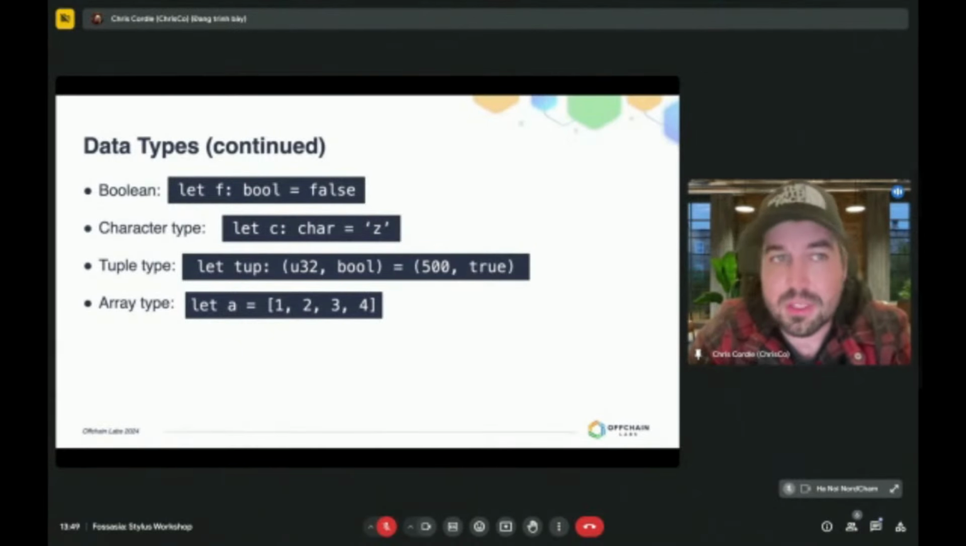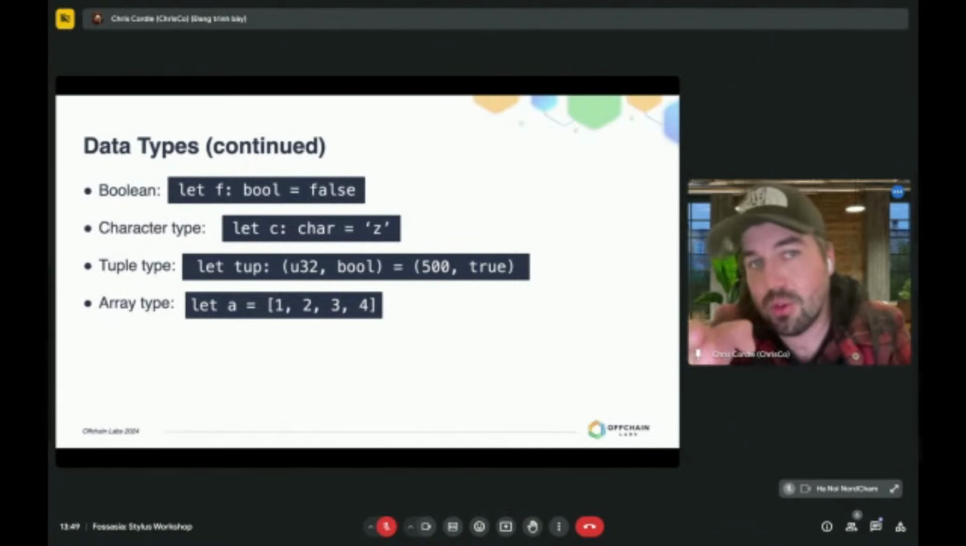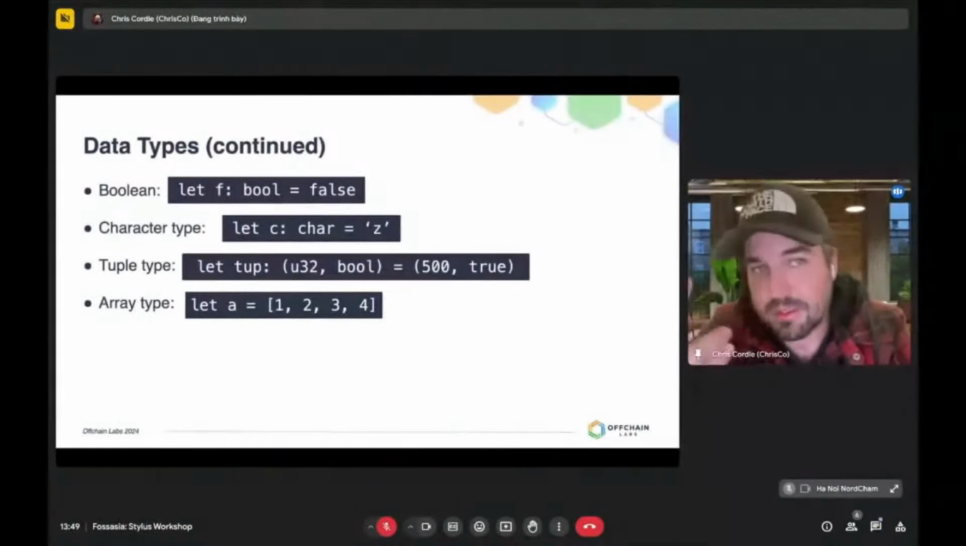Other data types that are available to you are, of course, booleans. So here where I'm saying let f bool equal false, that's just saying this is a Boolean type. And then